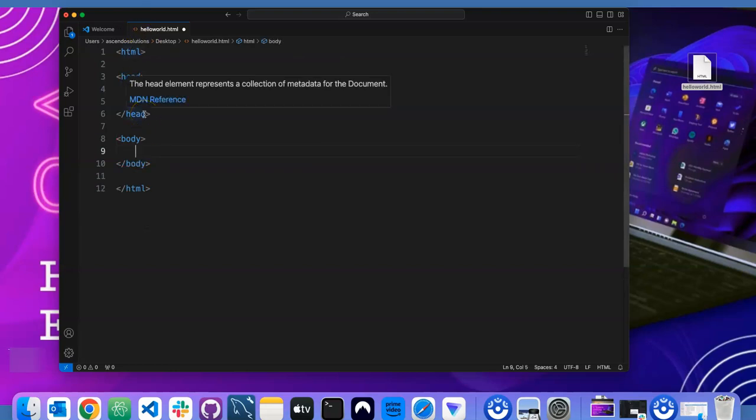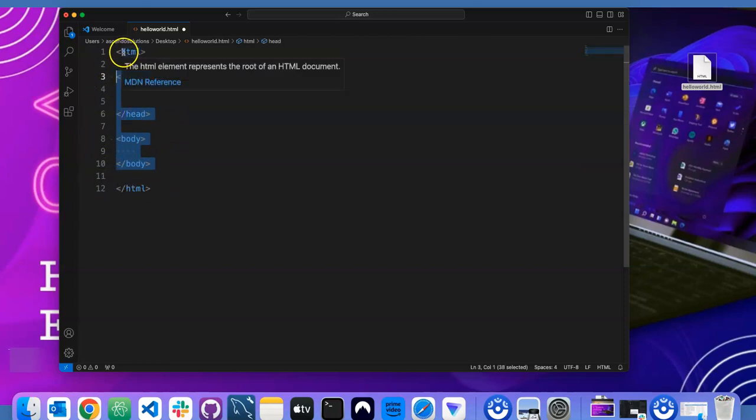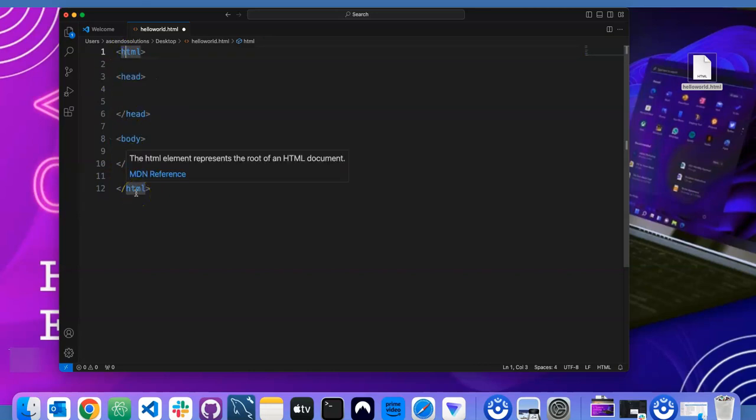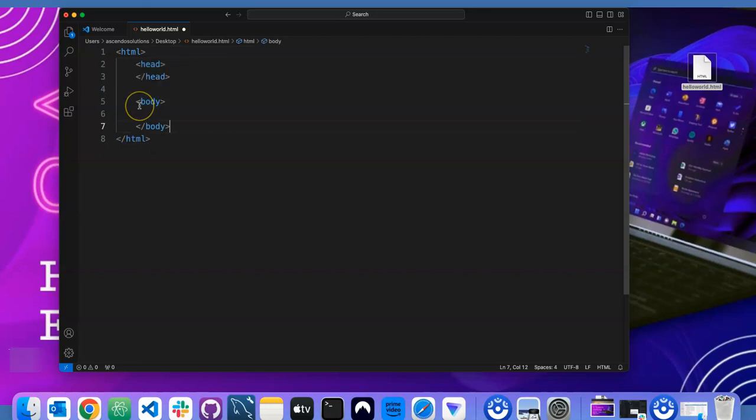Now, make sure that your code is properly formatted. What do I mean? You see, these tags are actually nested inside the opening and the closing of the HTML tag, right? So because these tags are nested inside, I want to make sure that they are indented. This is the proper way of doing it. I indented them with a tab. And just as we have indented these tags that are nested inside HTML, anything that I type inside body or anything inside head will also need to be indented. Okay, so this is how